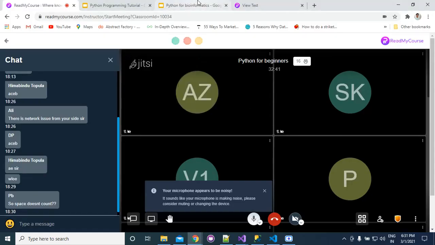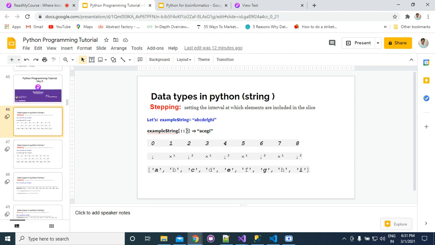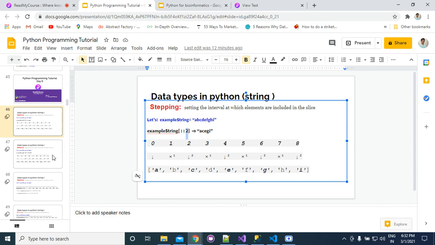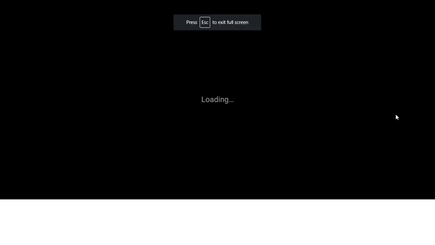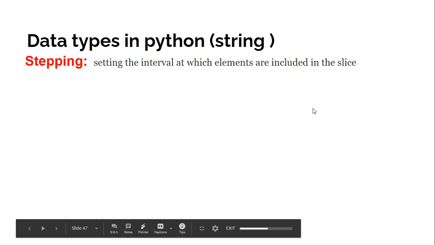What will happen if you pass the negative stepping value? Currently we are passing the step value as positive, but if we pass a negative step value, what will happen in this case? Stepping is setting the interval, which I have already told you.